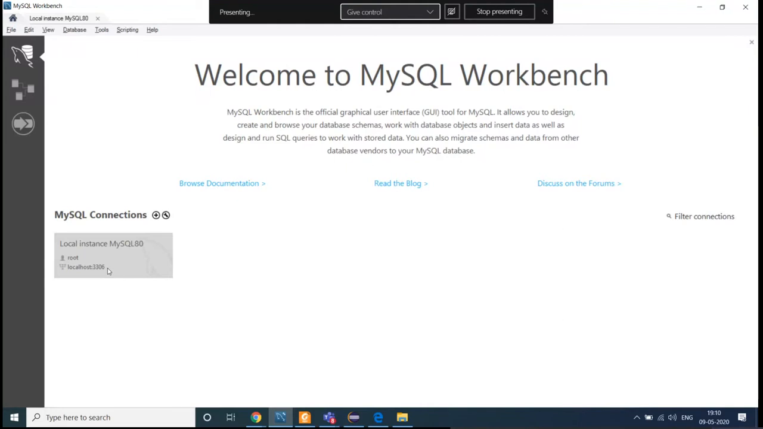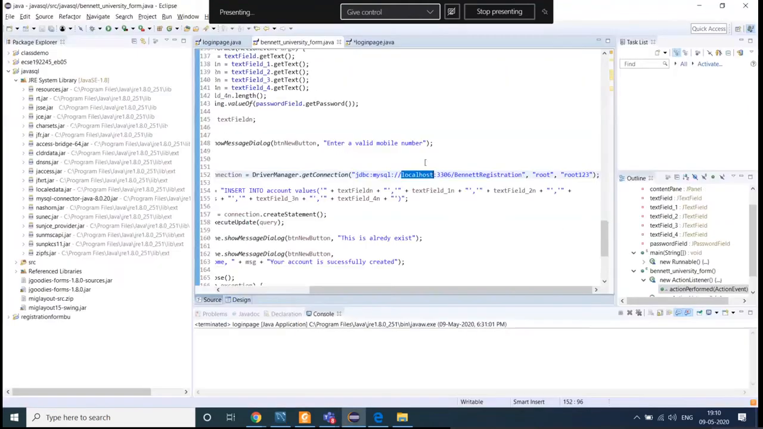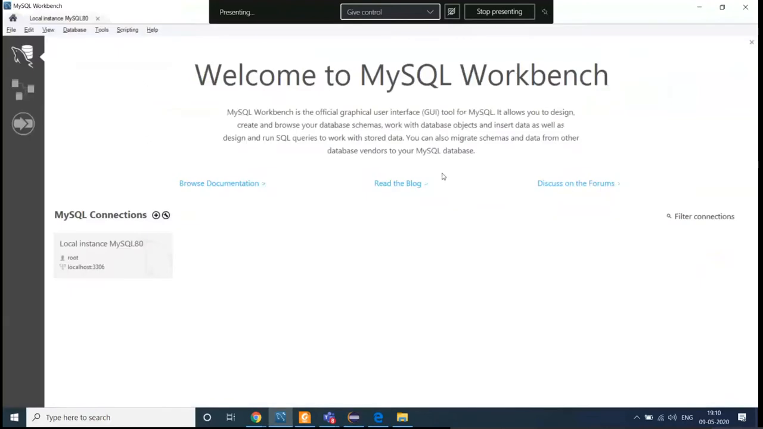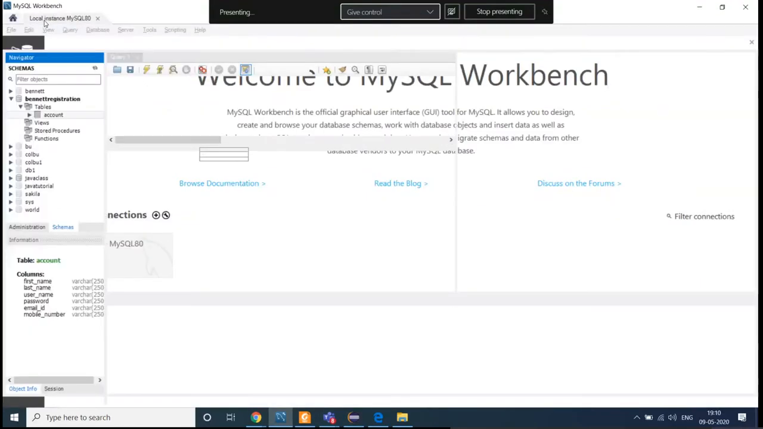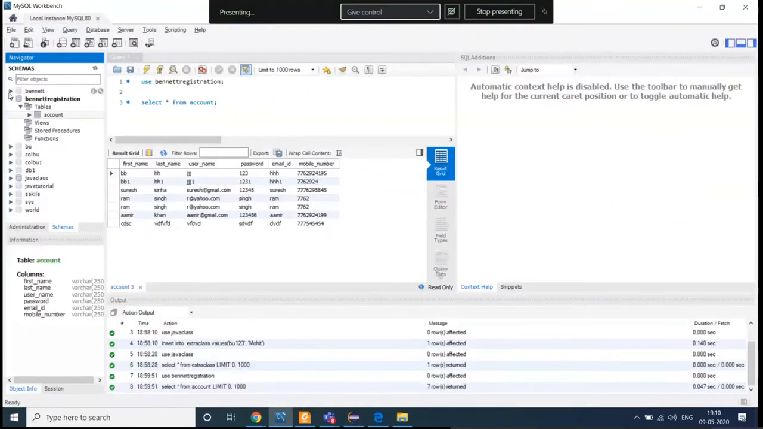Okay, so currently it is 3306. So that is why I have written 3306. Now after that, I just want to access my database. Which database do I want to access? Because there are various databases available inside my machine,